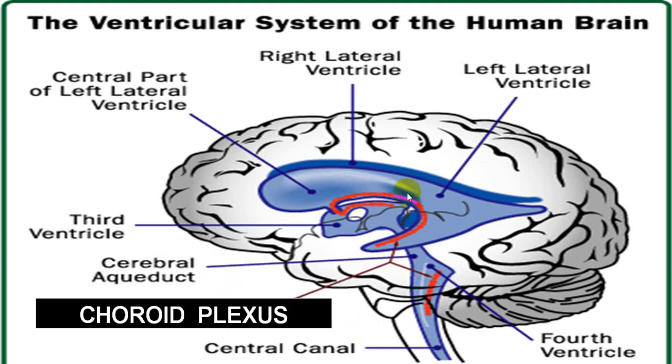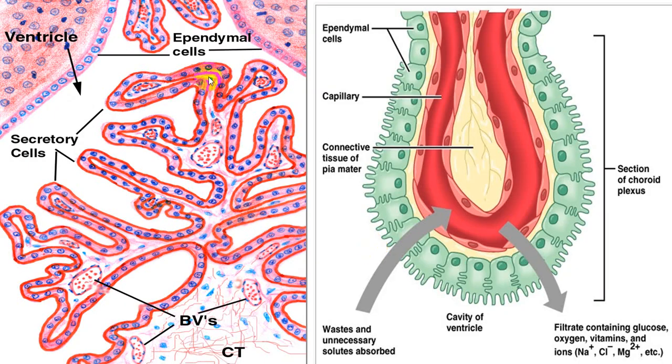So this red colored part is choroid plexus, which is present in the third ventricle. A little amount of choroid plexus is also present in the fourth ventricle, but mainly it is present in the body part and the inferior horn, or what we call the temporal horn. And this will be the lining of the choroid plexus, and that will give rise to formation by ultrafiltration. There will be filtration of glucose, vitamins, sodium, chloride, magnesium, etc. But you can see that there is hardly any protein.